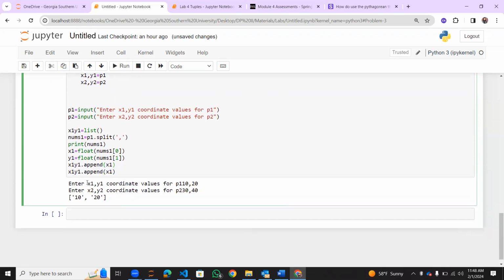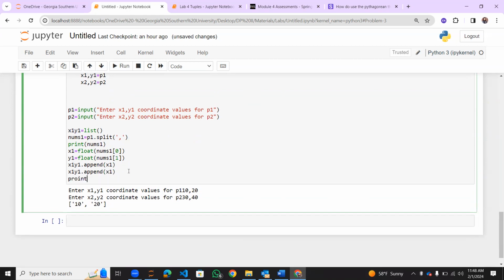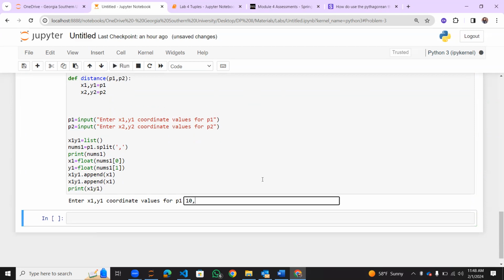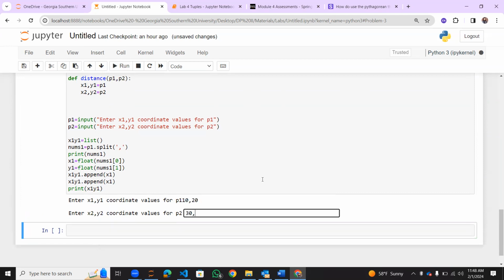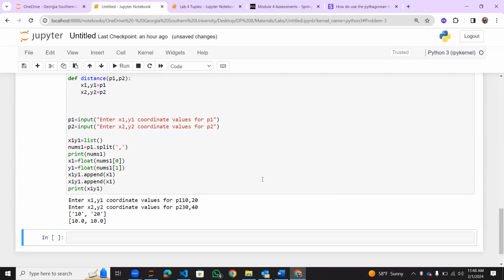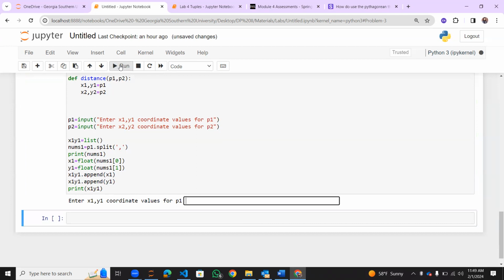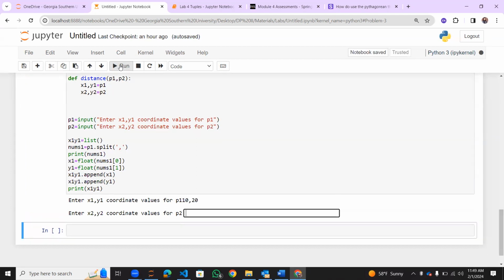Okay. So like this, now this x1, y1. What is this x1, y1? Now let me try to print x1, y1. X1, y1 is a single variable, but a list variable. Do you get it? So from string, we just converted it into, oh, sorry, y1. Okay, so we have converted it into